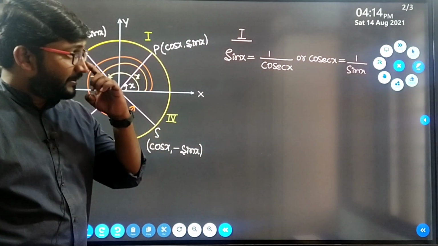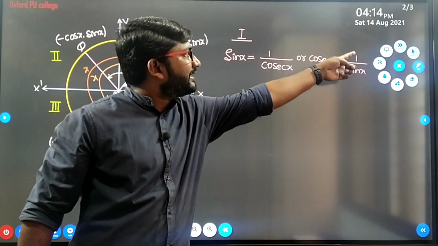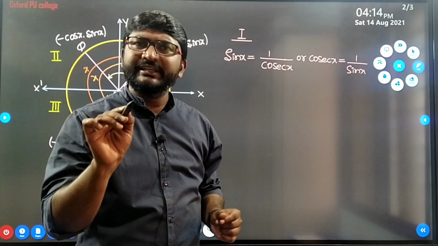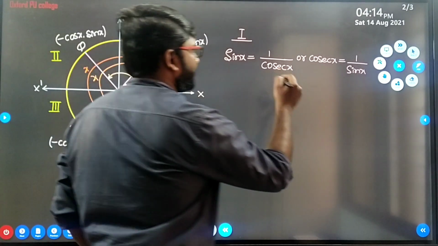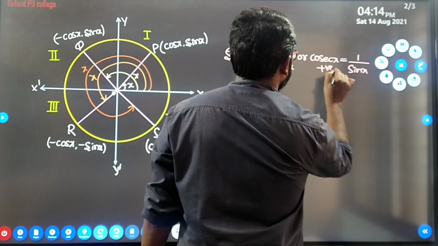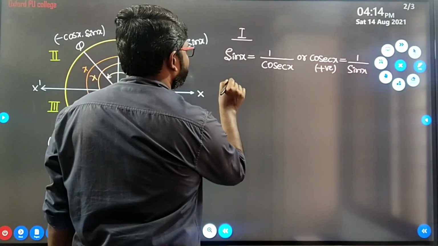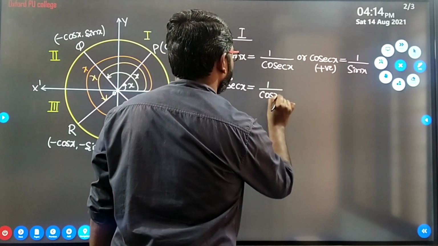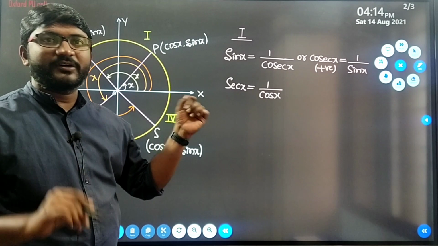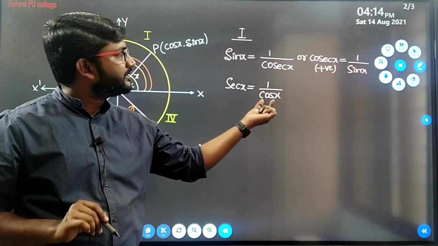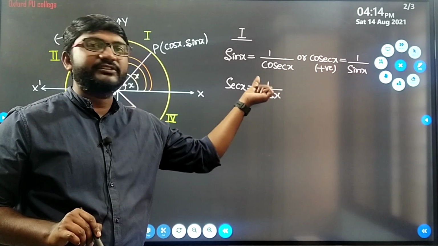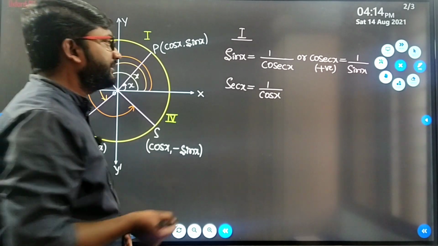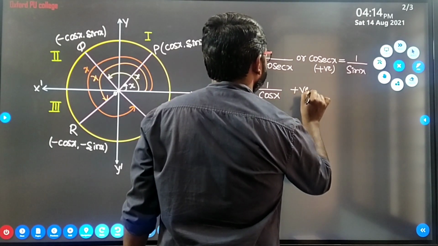So observe this case now. Here sin x is positive, numerator is +1, and if denominator sin x is positive, the cosecant x is going to be positive now. So you get positive here. Then now I will take secant x, which is equal to 1 by cos x. Now we are in the first quadrant. Cos x is already positive, and the numerator is again a positive number. So overall this ratio is going to be positive. Now secant x is also positive.